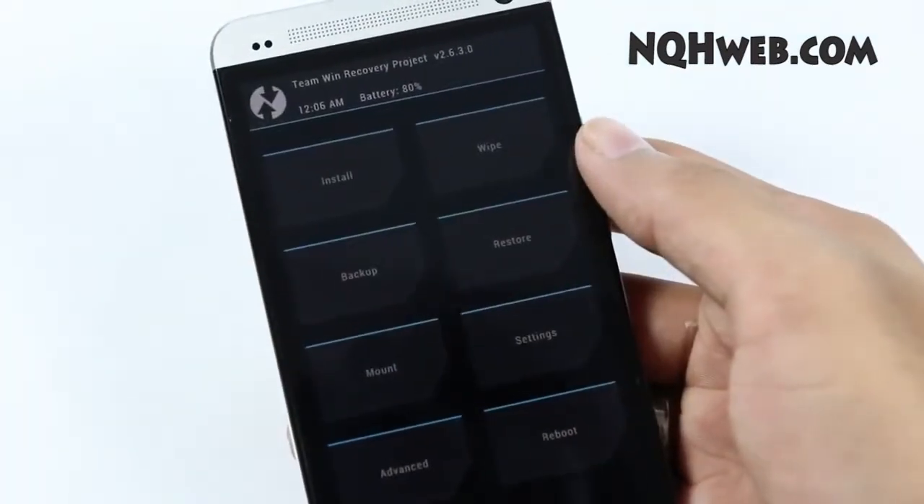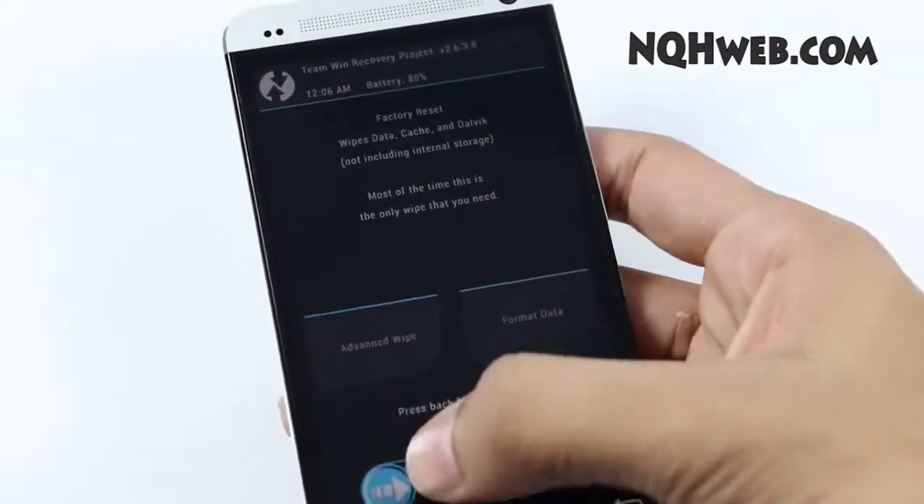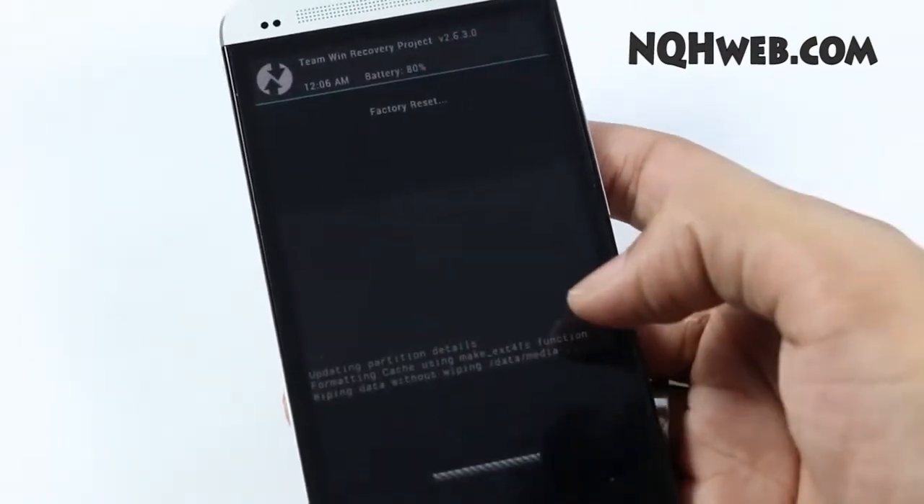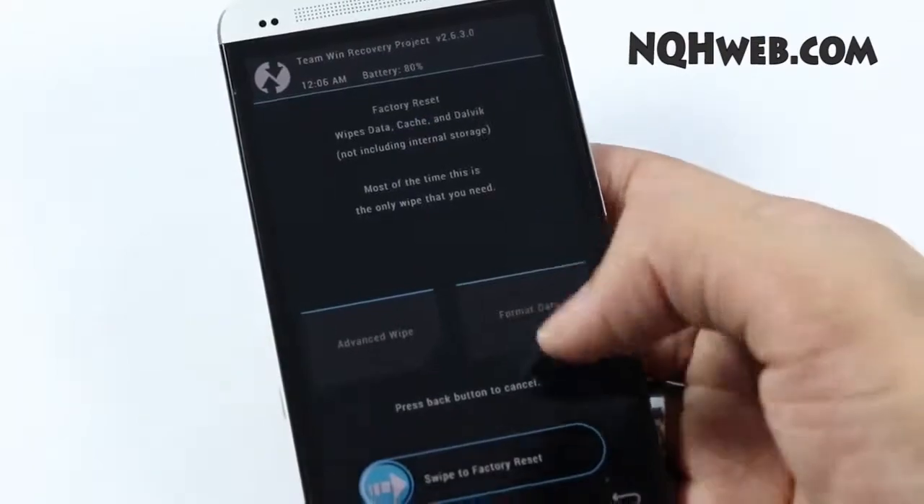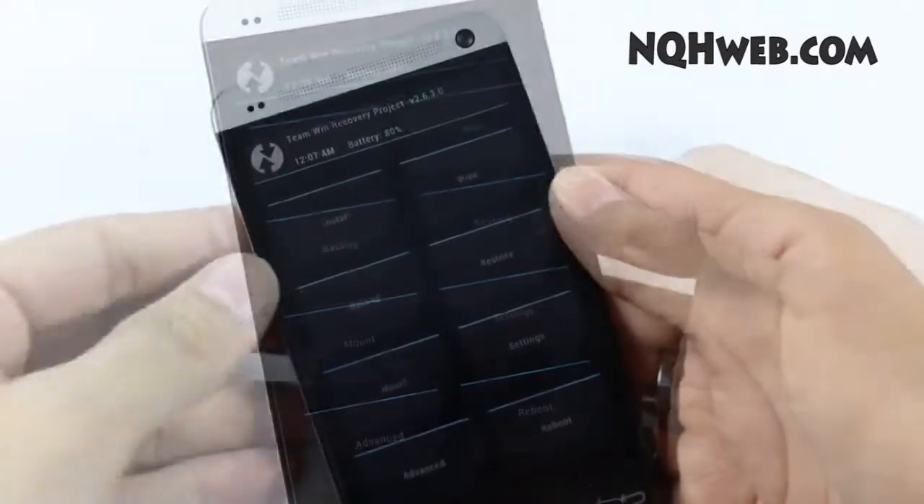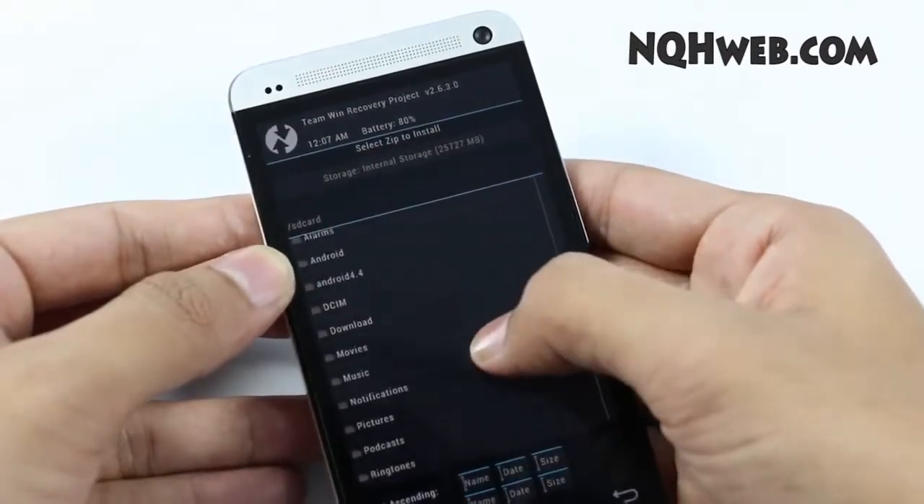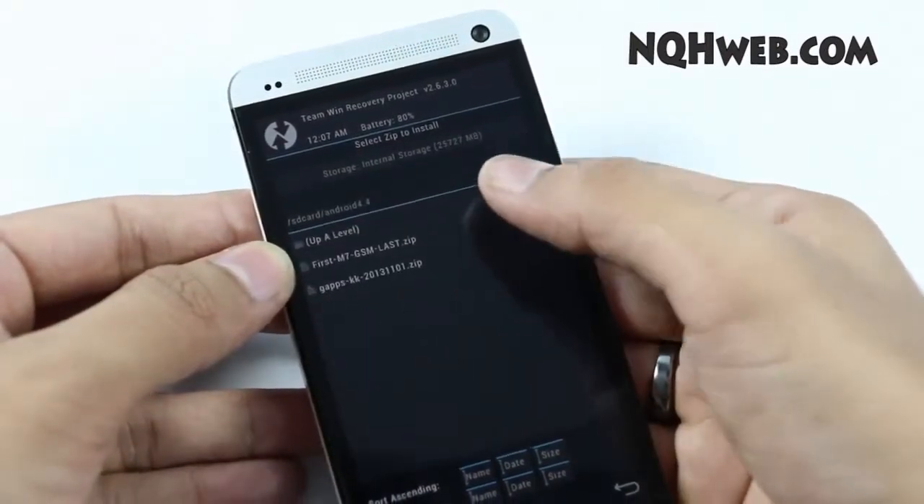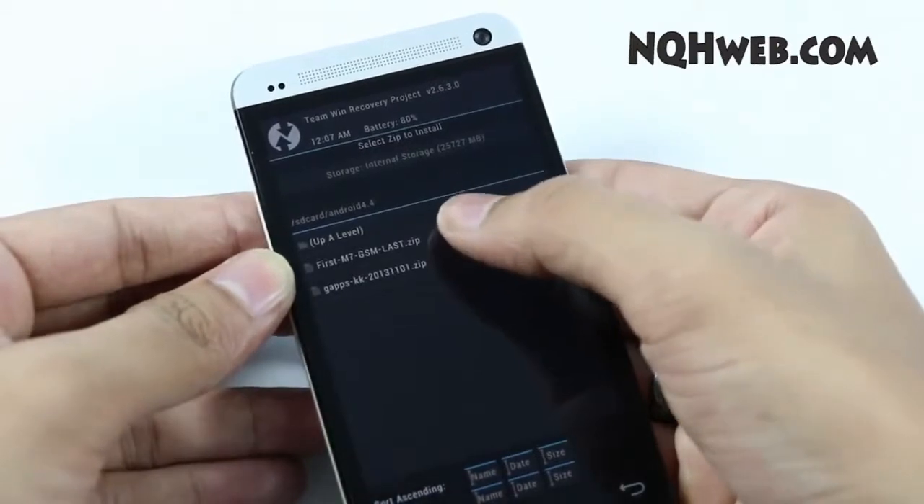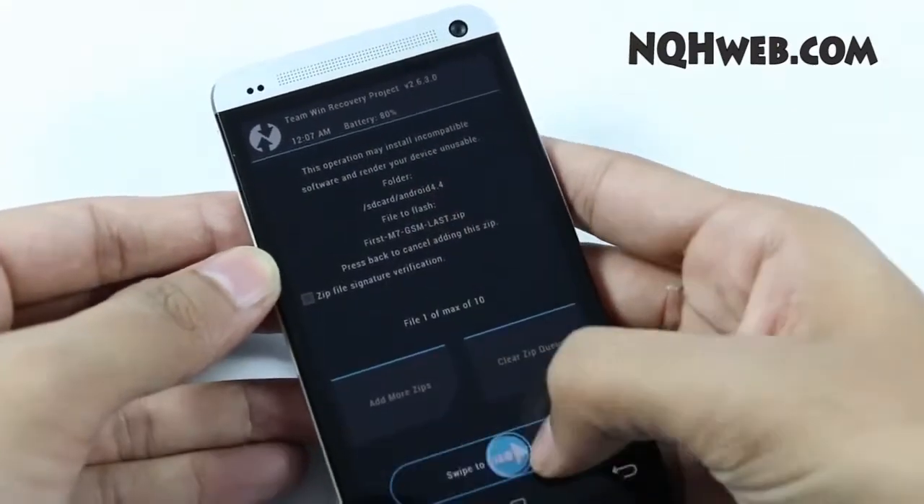Now use your volume keys to navigate, go to recovery and hit the power button. So once you are on your recovery mode, go to wipe and make a swipe to do a factory reset, go back, and once done, go to install and navigate to wherever you have the Android 4.4 AOSP ROM. So here it is, and select the ROM file first, make a swipe,